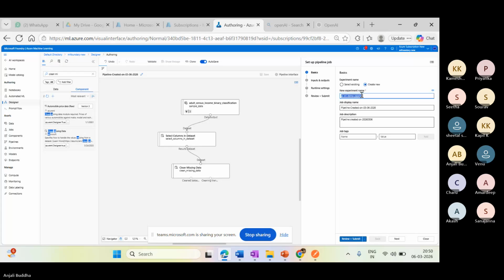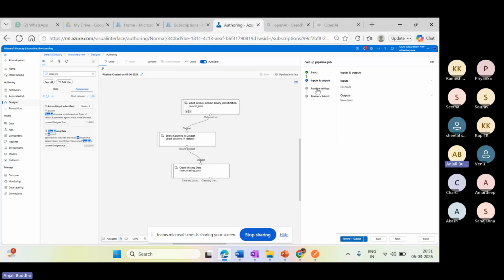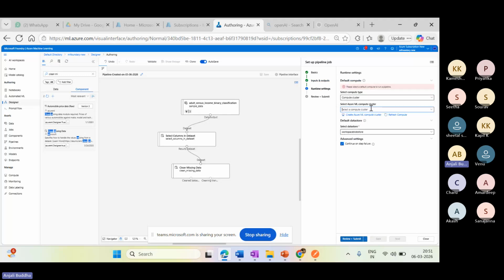This is my name of the pipeline. Display name, I'll say the same thing. Then once it is run, I should go to the inputs. Then runtime. See here, as I told already, in runtime I should have a cluster. So here I am going to choose